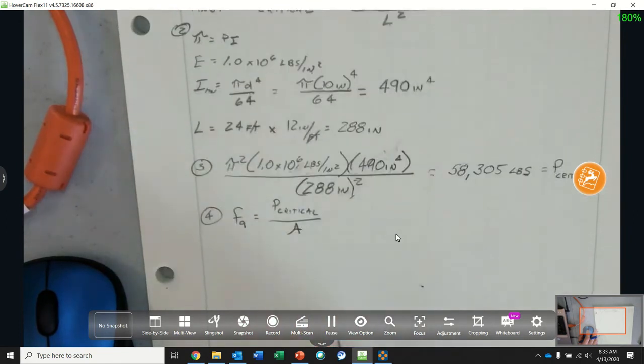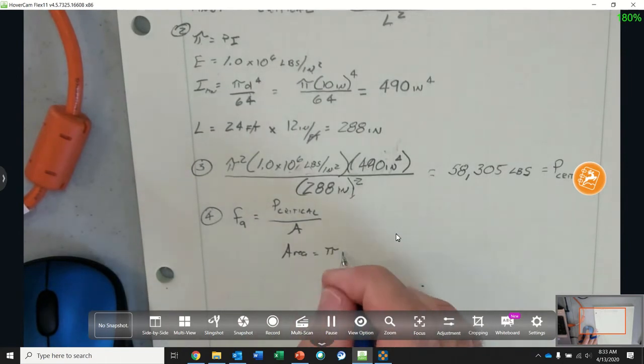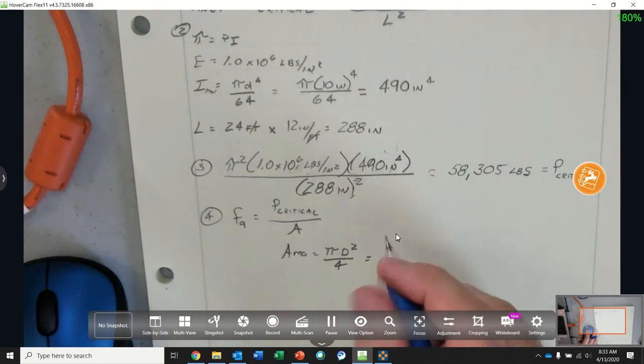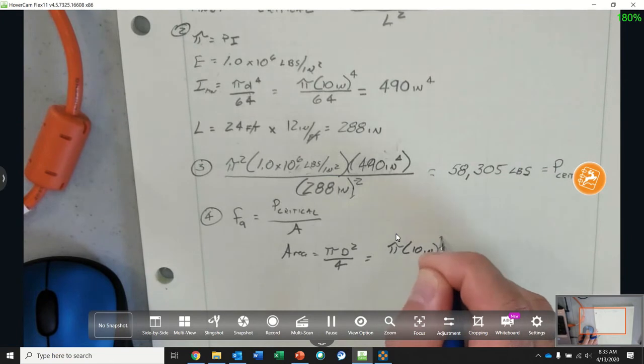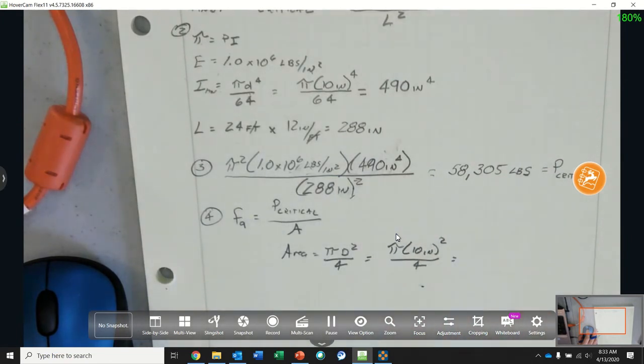Okay, so area equals pi times d squared over 4 equals pi times 10 inches squared divided by 4, because the diameter of our column is 10 inches. So pi times 10 squared divided by 4 is 78.54